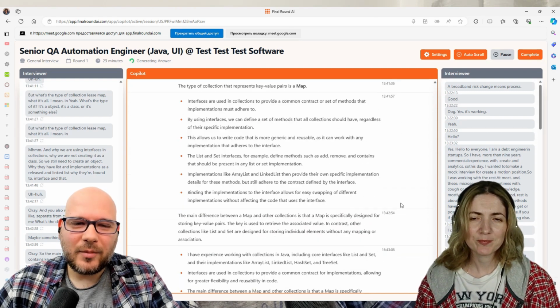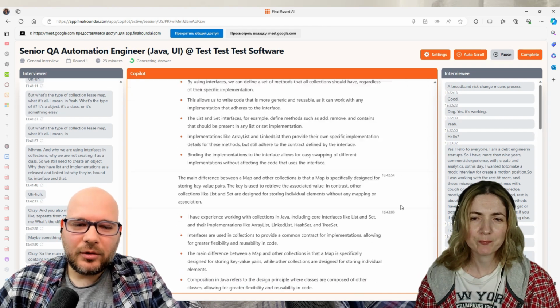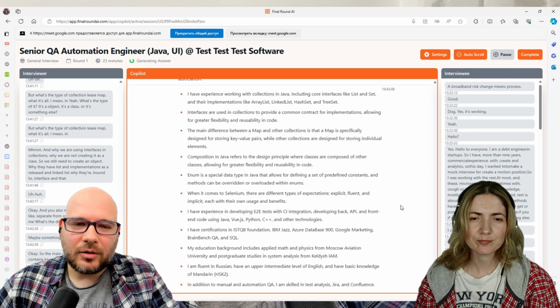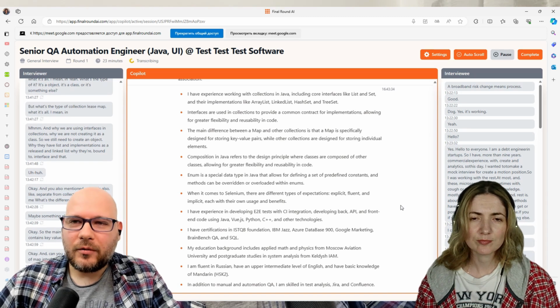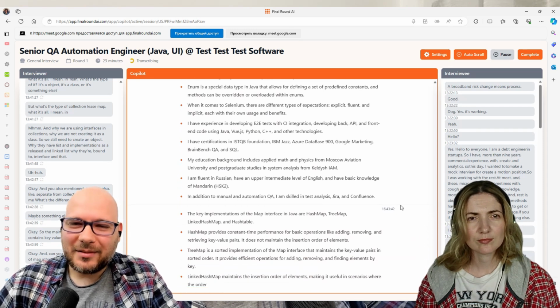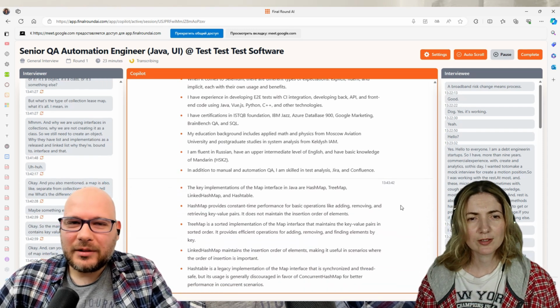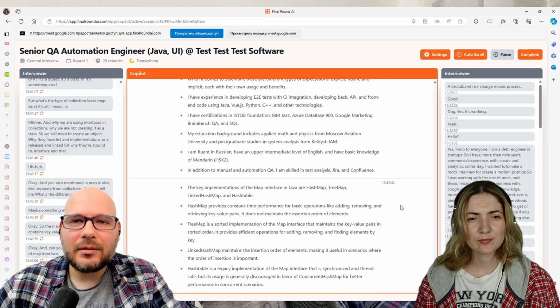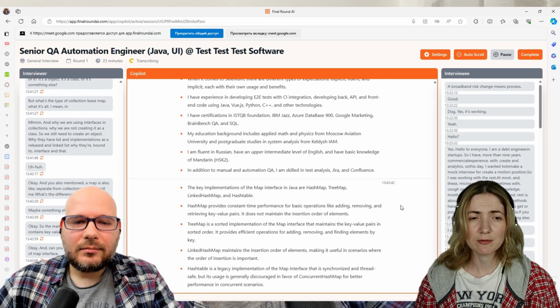Okay, you mentioned hashmap. Can you tell me something about how it works internally? There is the word hash in that name. What does it mean? What is hashing? Hashing is a function.